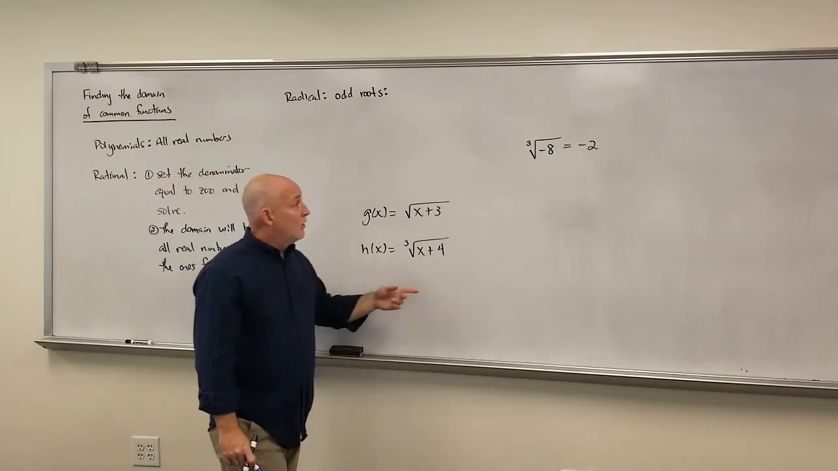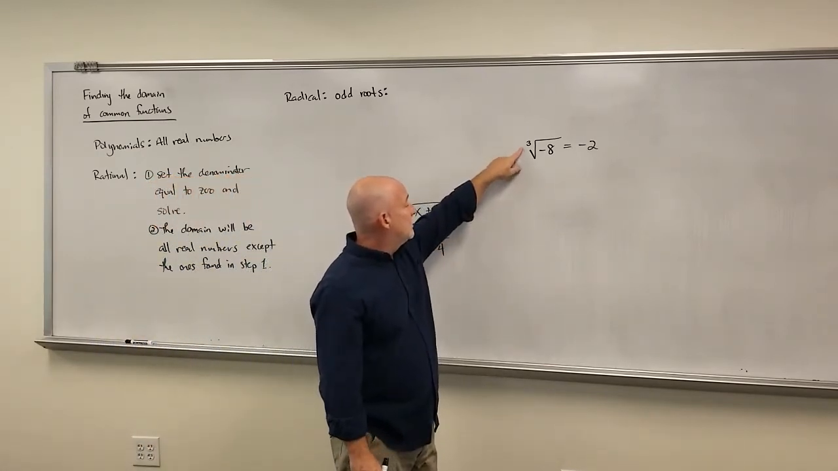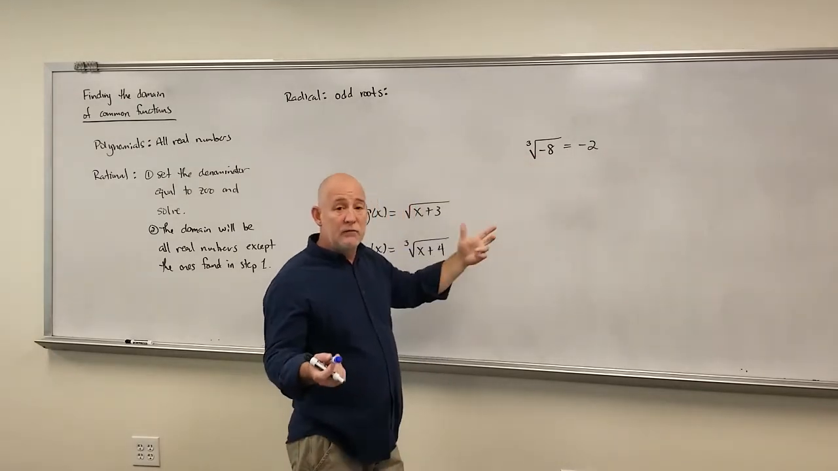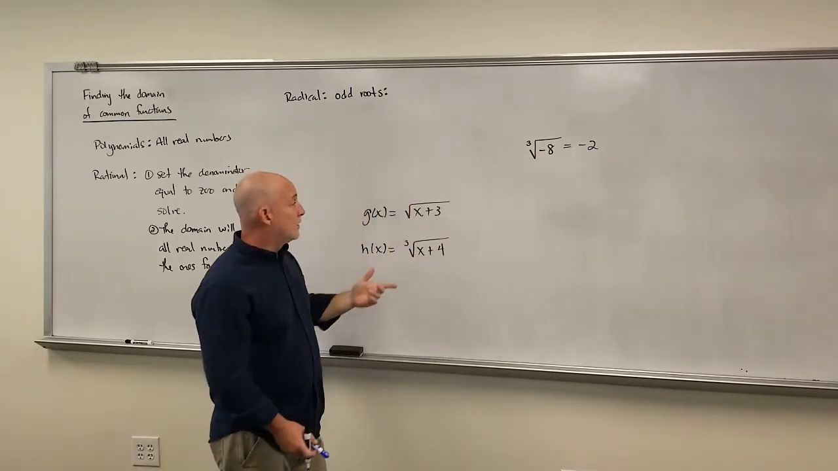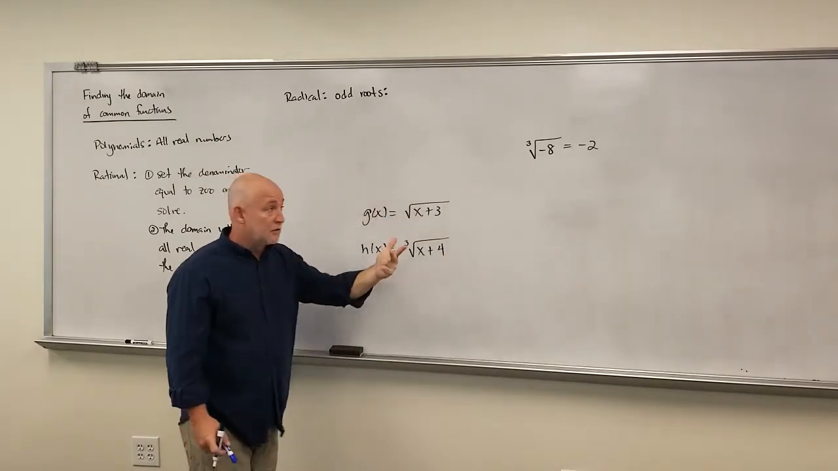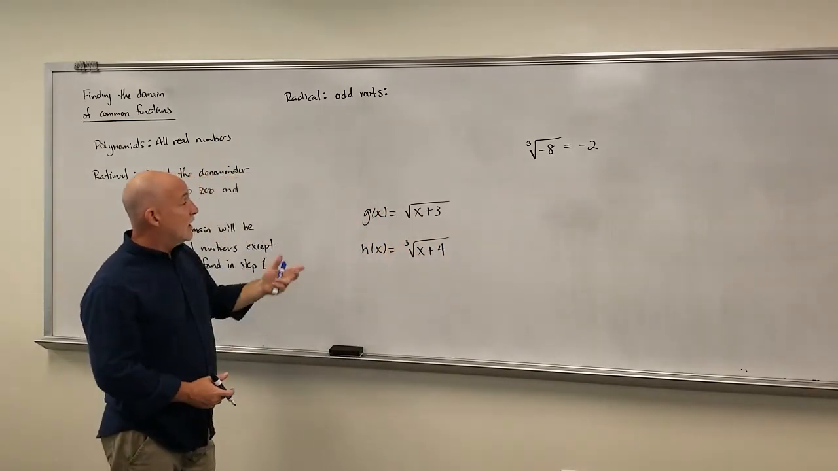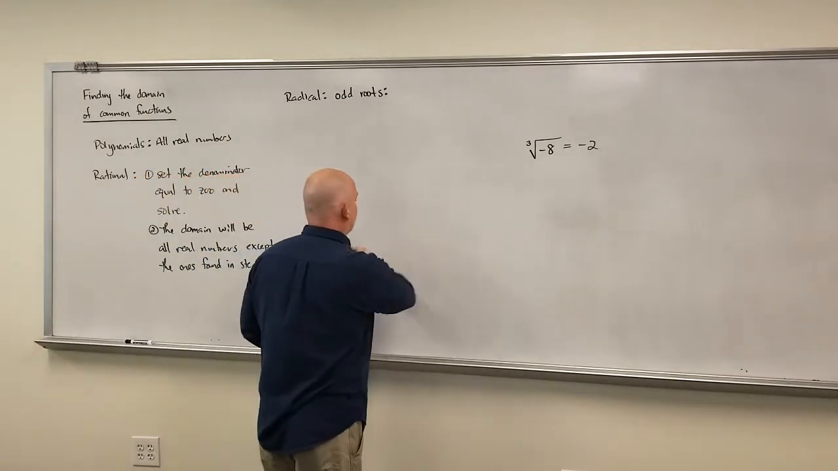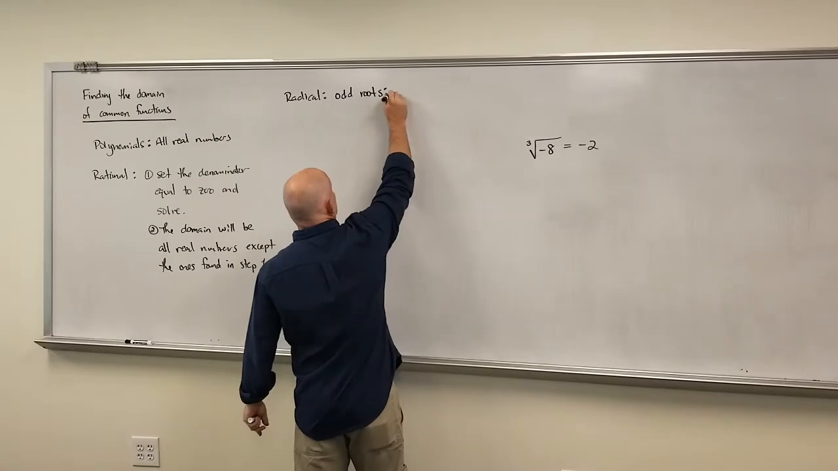So as long as the root is odd, the number underneath can be positive or negative and it won't break it. And it could be 0, right? The cubed root of 0 would be 0. 0 times 0 times 0 is 0. So if it's an odd root, you can't break it. It works no matter what. So our answer here is